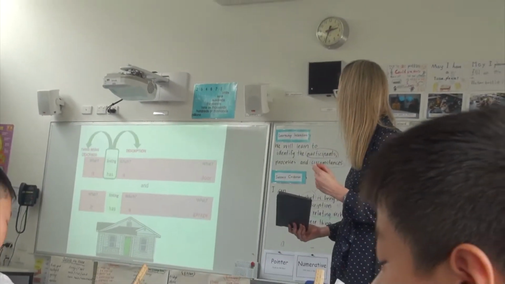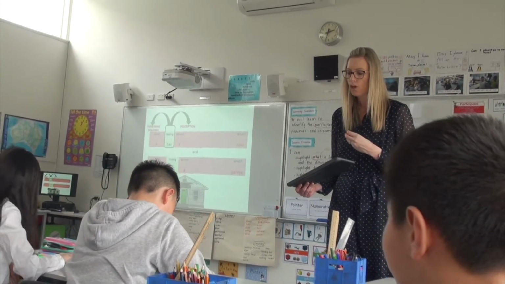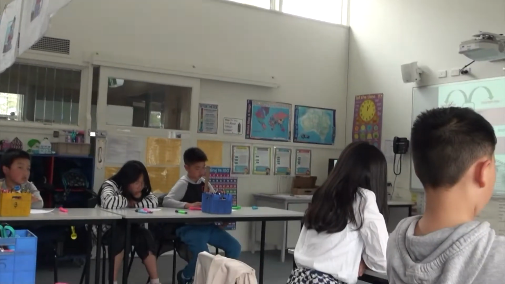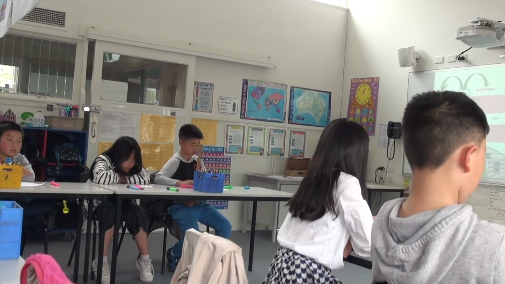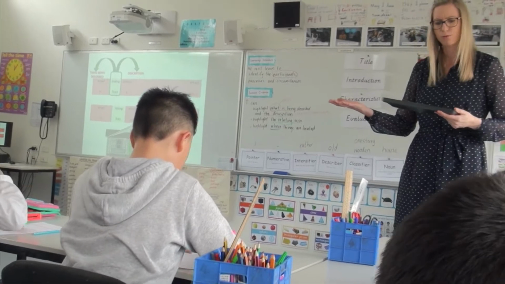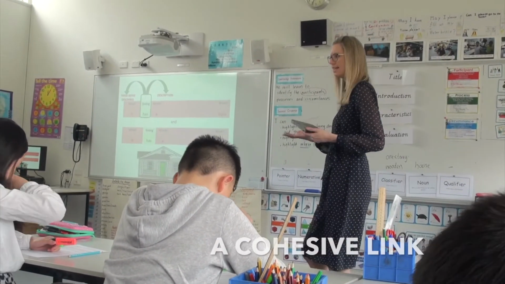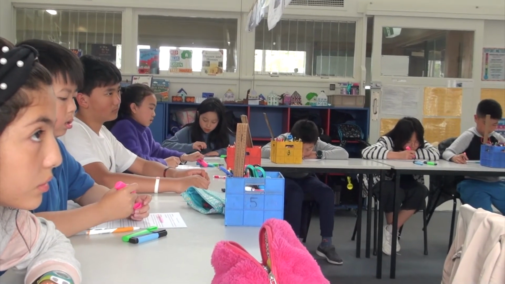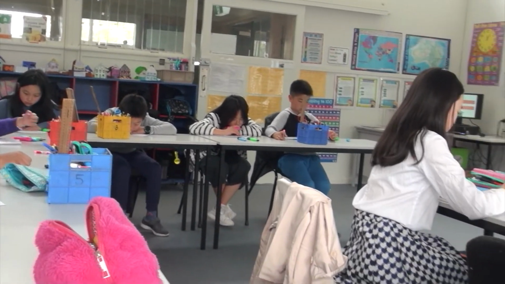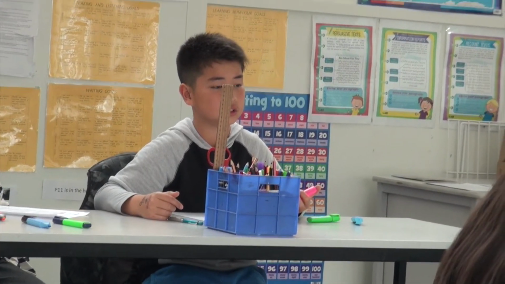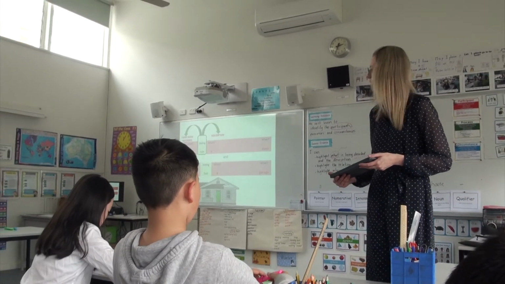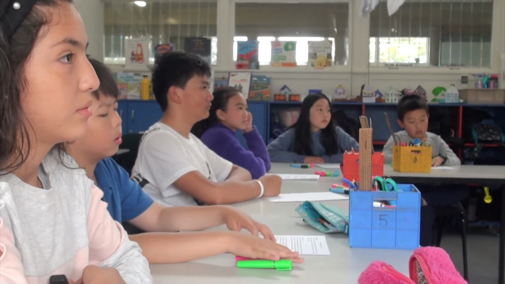Now we're going to look at the first part of that sentence. What is being described? What is the participant at the start of the sentence that tells us? It. And what is it referring to? It says it has, but what is it? What is being described? What is it? My home. My home. How do we know that it means my home? So the first sentence says my home. The second sentence says it. So we are talking about my home. So that is what is being described,